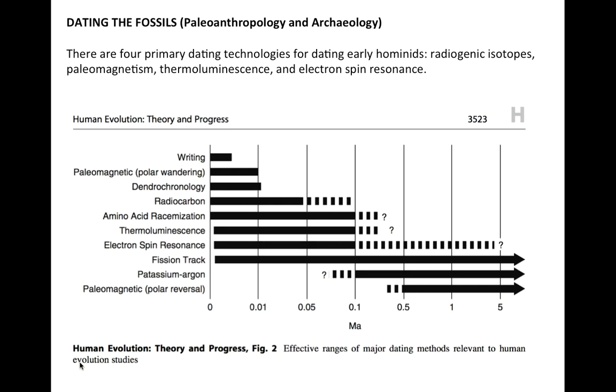Radiocarbon dating is effective for fossils and artifacts that are no older than 30 to 50,000 years old. Radiocarbon dating is used a lot in archaeology, and we will cover this dating method in more detail later. However, let us look at two other methods commonly used to date fossils: fission track and potassium argon dating.